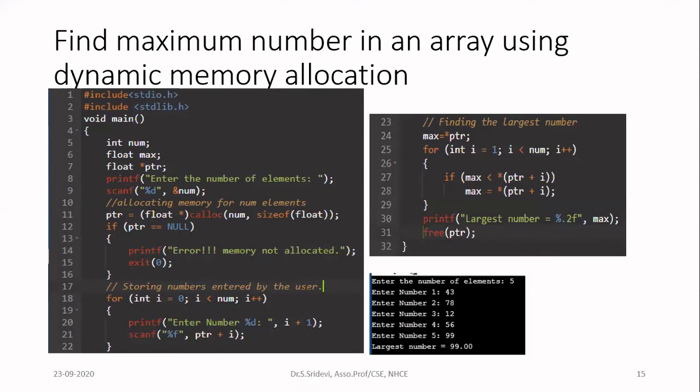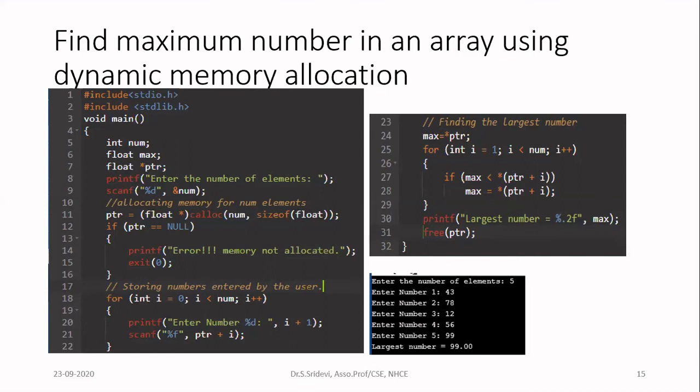of the array. Okay, so what I'm going to do now is take the first element as the maximum element. Now, how to get the first element of the array? If you have an array called A of 10, the first element is nothing but A of 0. Okay, so that is the first element. Now I am going to get the first element with the help of this pointer ptr. If you write ptr, it is similar to ptr plus 0.